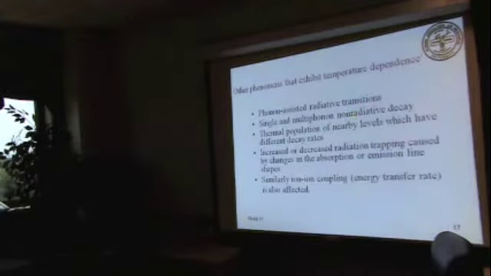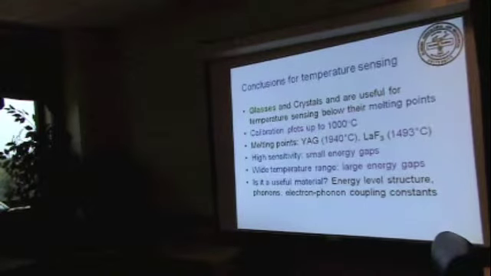Then you have something called thermal population of nearby levels, which is the one mainly used for lifetime sensing, and then you have ion-ion coupling inside. So those phenomena will complicate the measurement. Sometimes you expect a linear variation, but there is something else. So those are some other things that can frustrate you.